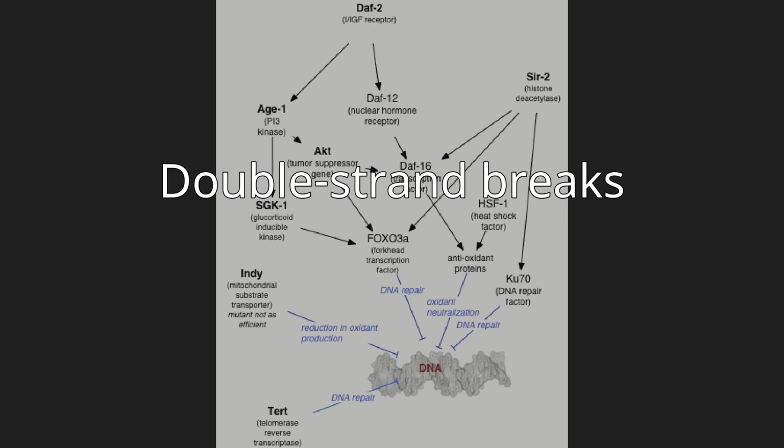Homologous recombination requires the presence of an identical or nearly identical sequence to be used as a template for repair of the break. The enzymatic machinery responsible for this repair process is nearly identical to the machinery responsible for chromosomal crossover during meiosis.